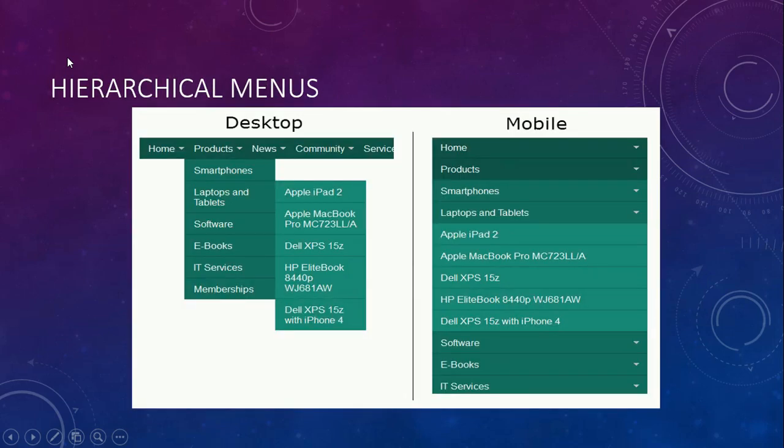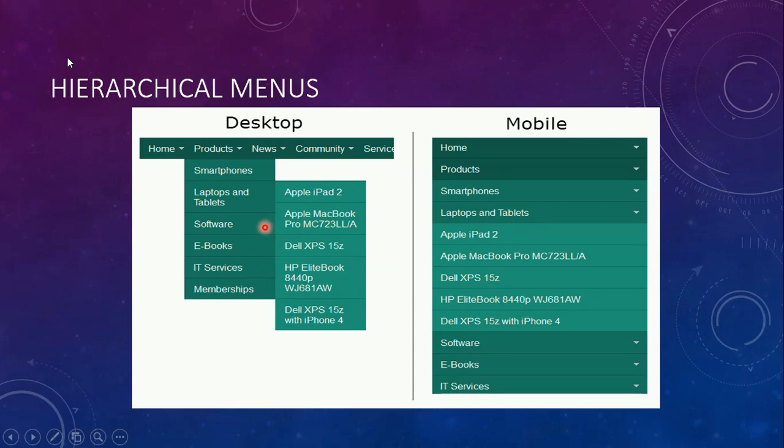Next kind of menus you have is hierarchical menus. If there is an existing relationship between the menus, then you can go for hierarchical menus. This is the best choice if there are existing relationships between the menus.